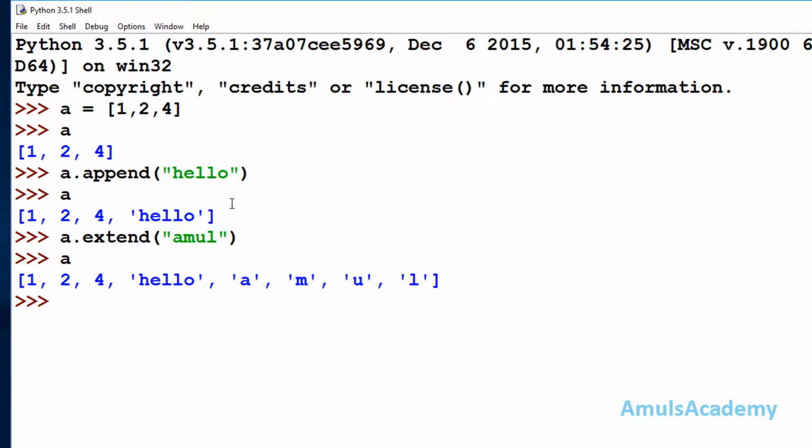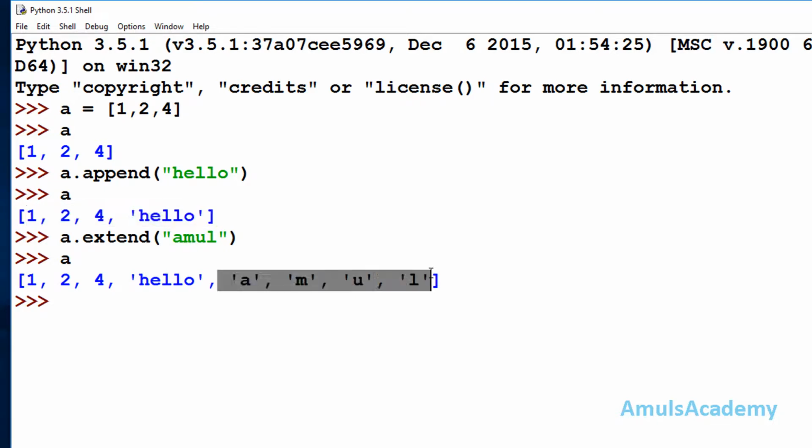And the next difference is that when we use append, the length of the list will be increased by 1. Previously it contains 3 elements, so the length of the list will be 3. After the append function, it contains 4 elements, that means the length of list A is 4.